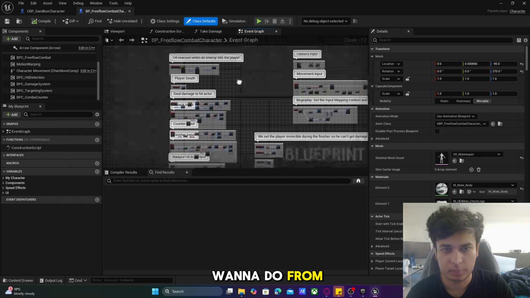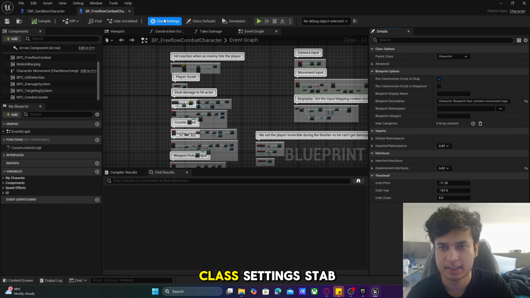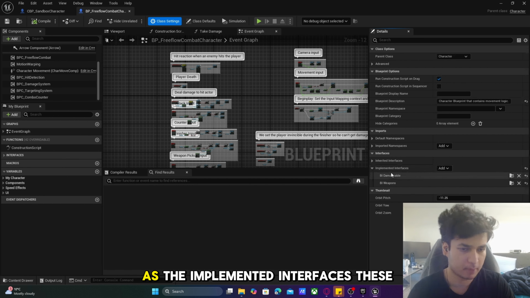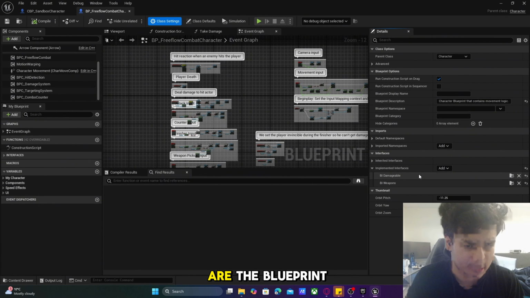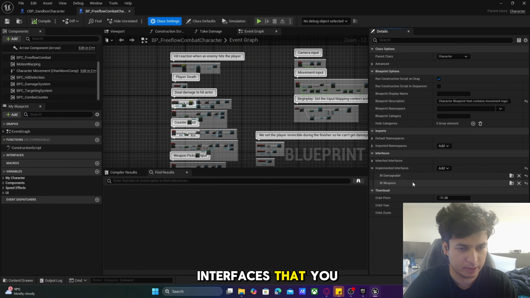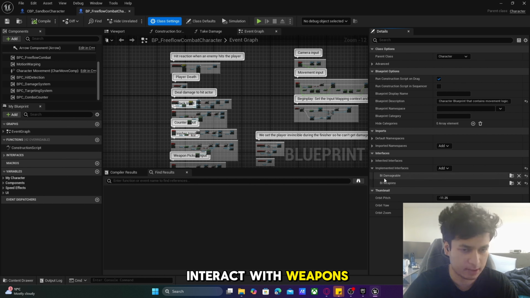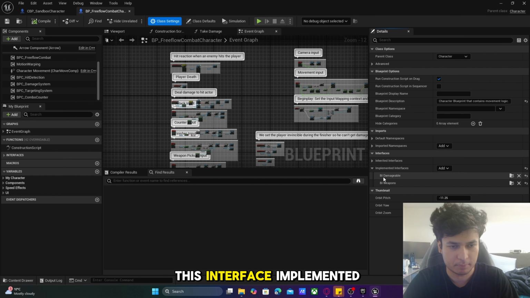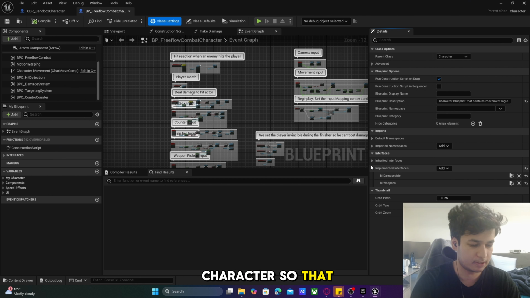So what you want to do from here, take a look at the class settings tab up here, and then look on the right in the details panel, look at the implemented interfaces. These are the blueprint interfaces that you need to add. So for example, BI weapons is used to interact with weapons. BI damageable is used to deal with damage related steps. So if some enemy hits you, you want this interface implemented in your player character